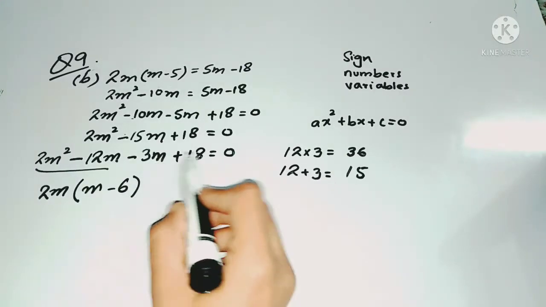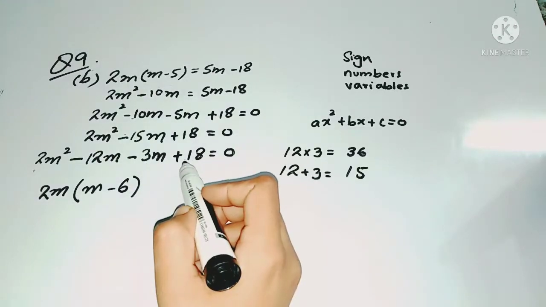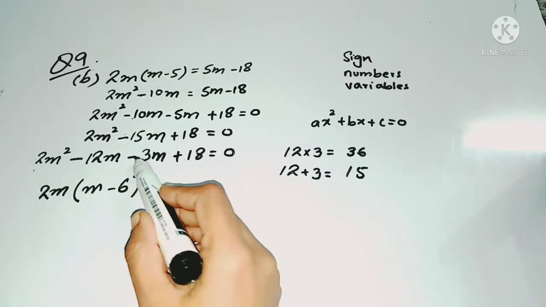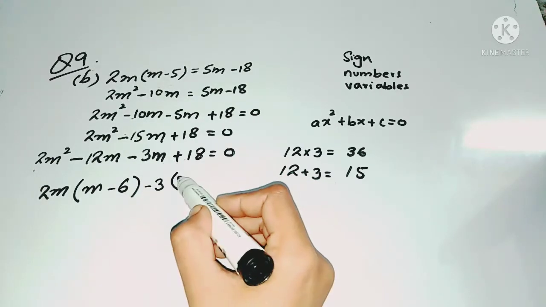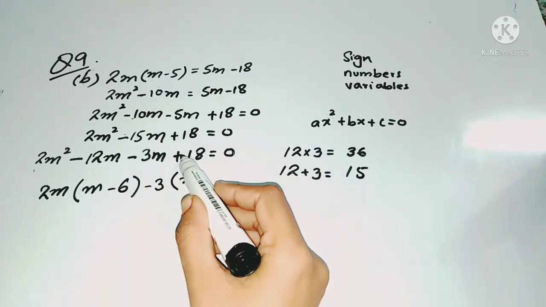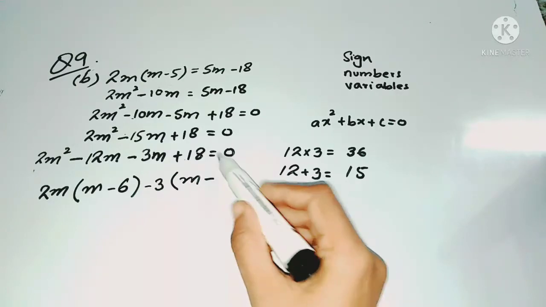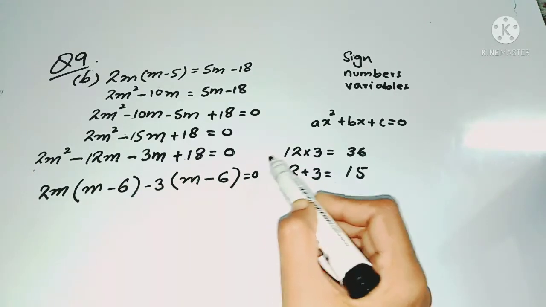Now 3 and 18, both terms, okay. What can you take common from the last two terms? As you can see, 3 and 18 are both divisible by 3. So you will take minus 3 common, okay. So m, you write down 3 ones are 3. And this plus sign will become a minus sign because you have taken minus sign common. So minus. Which time 3 is 18? It's 6 times. So you write down 3 6s are 18 and they are equal to 0.